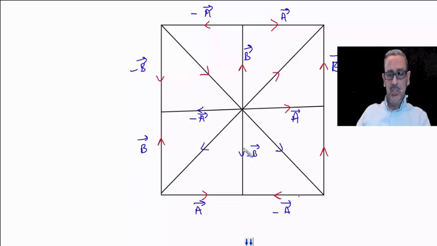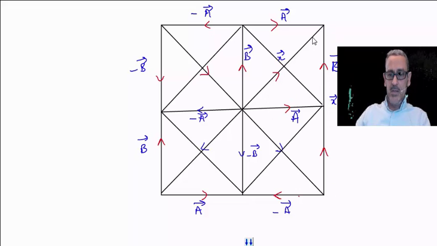Now we have multiple diagonals with us. In every box we have a diagonal, and we have to find the resultant, and we see how we calculate the values for every kind of diagonal we have with us. Let this diagonal be x, then A plus B is equal to the x vector, because if I start from here, I am going with the flow. This plus this gives me this.